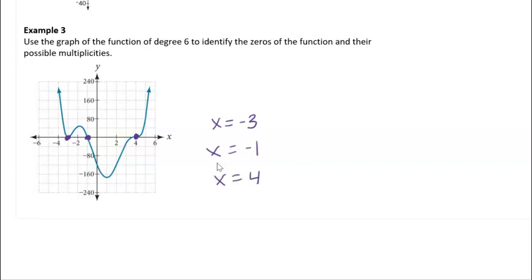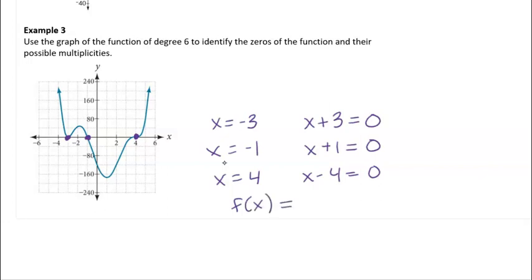Well, in order for this to be equal to 0, I would add 3 over, add 1 over, subtract 4 over. And so I'm going to say that this function must be something, some a here in the front, I'm not quite sure,